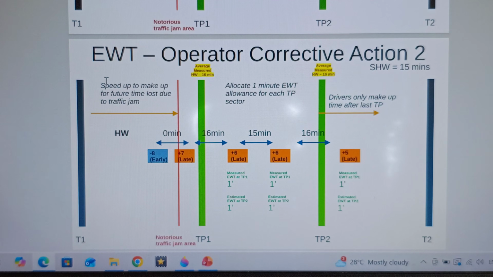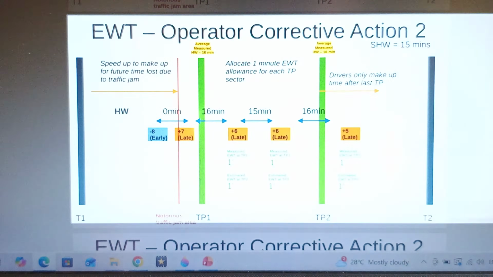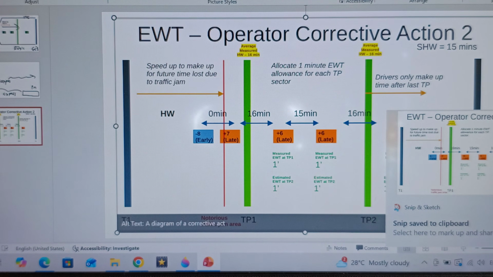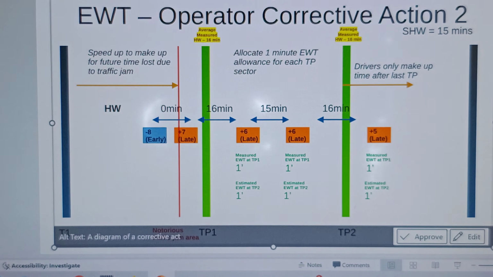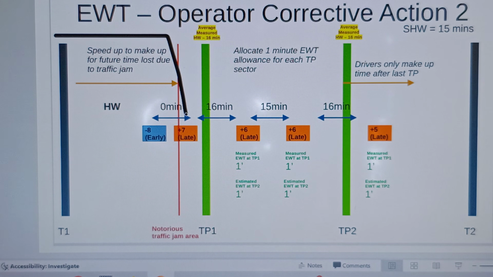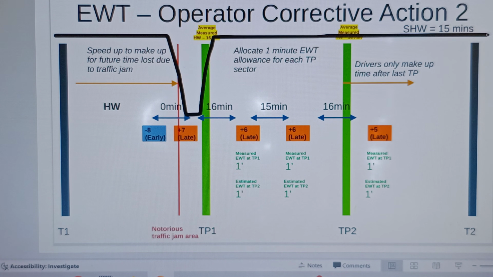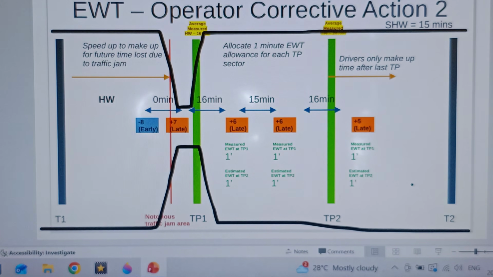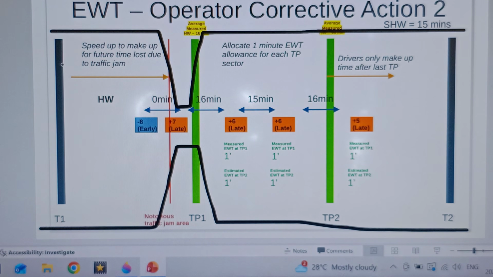Let me see if I can. Okay. Again, this is just so that you guys could actually visualize better. So okay, let's do the same thing again. You do the cylinder thingy. You're still gonna get screwed over here. Okay, average measured headway 16 minutes. Okay, this is just an example. I'm sorry for covering up the words, but yeah. Imagine the whole cylinder thingy again. You do the same thing.